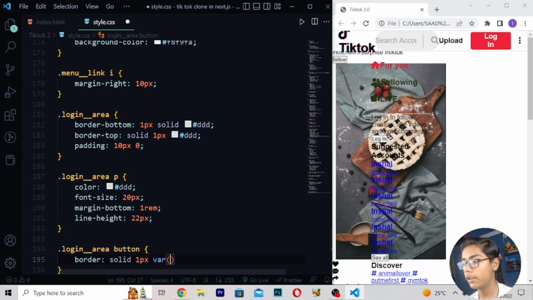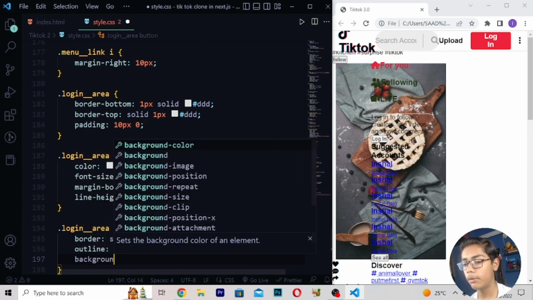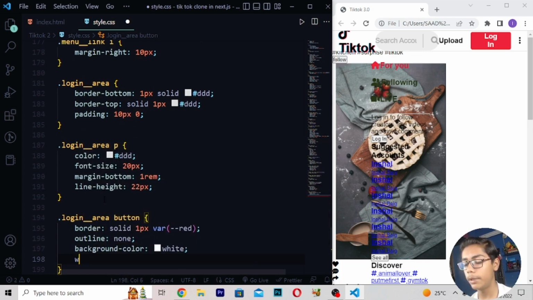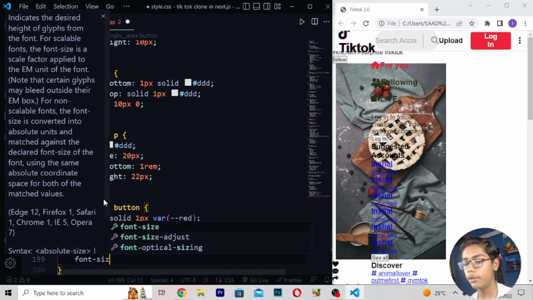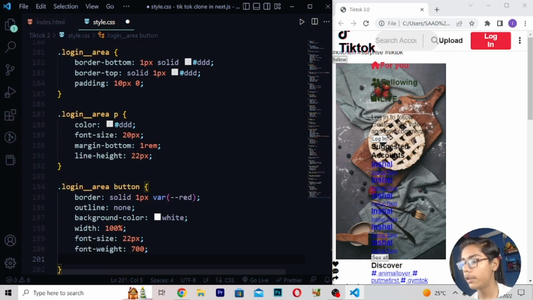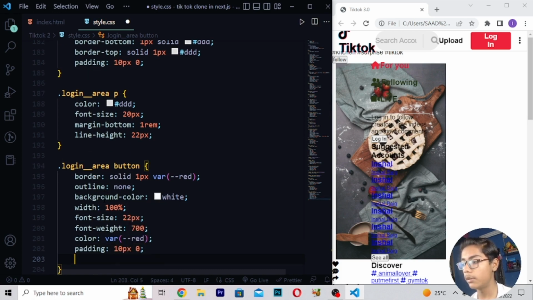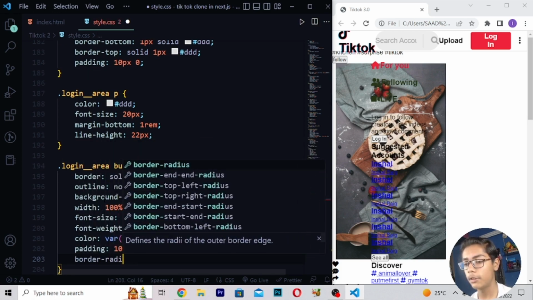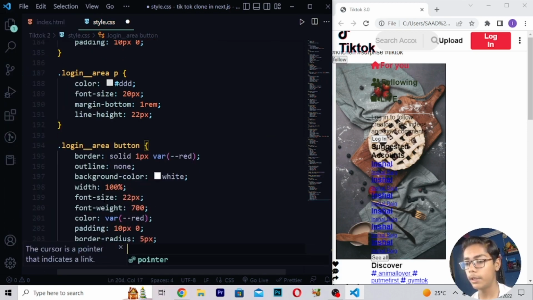pixel var, then right here red, here I will be writing outline none, then I will be writing background-color white, then I will be writing width 100%, right here font-size, then when you've written this, here I will be writing 22 pixel, right here font-weight 700, right color var, then I will be writing here red, then I will be writing padding 10 pixel, right here 0, then I will be writing border-radius, and here I will be writing 5 pixel, right here cursor, and here I will be writing pointer, then write margin 1 rem,